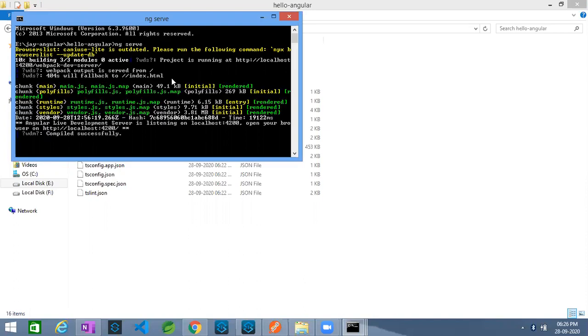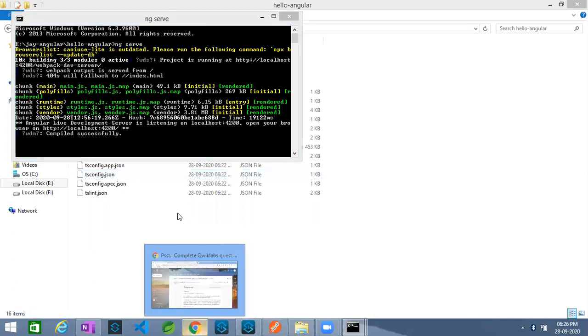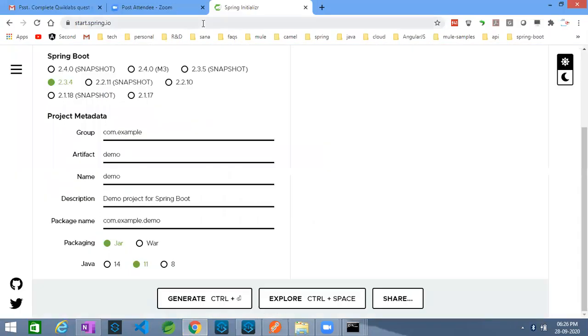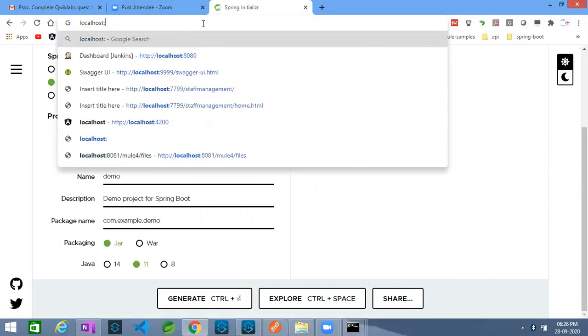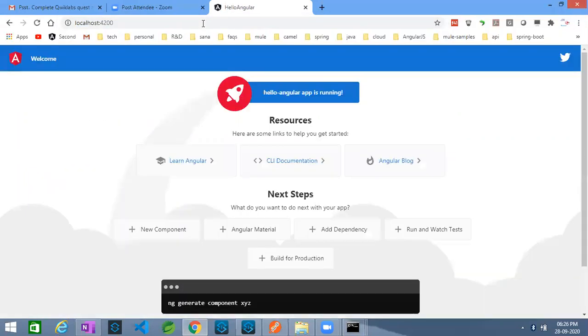So it is starting on 4200. If you try to access localhost 4200, there you go.